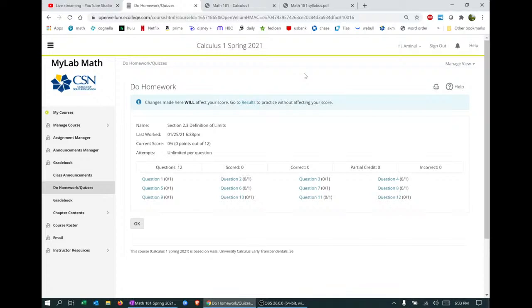Depends how fast or slow we could go. Maybe 1 to 2 sections, 3 sections. Sometimes it will be faster, sometimes it will be slower. All right, I'm going to